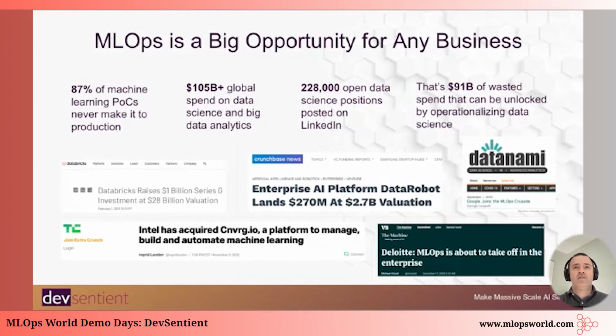And while some of these stats are obviously evolving and it's a point-in-time snapshot, the entire team at DevSentient has been working in the AI space for quite some time. And one thing that we all agree on, and we've all experienced personally, is that there is indeed a very large drop-off between the POC stage of data science and machine learning work and what happens after that, which is scaling, automation, productionization, and so on. That's the opportunity we're tapping into, and that's the opportunity we want to create for DevSentient's clients.